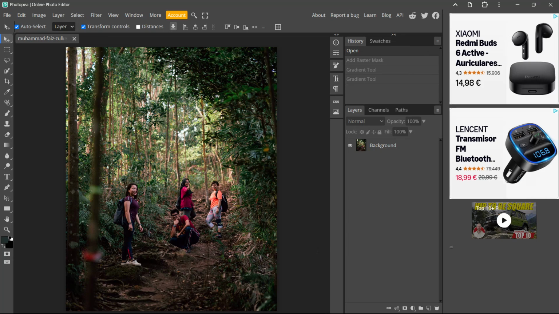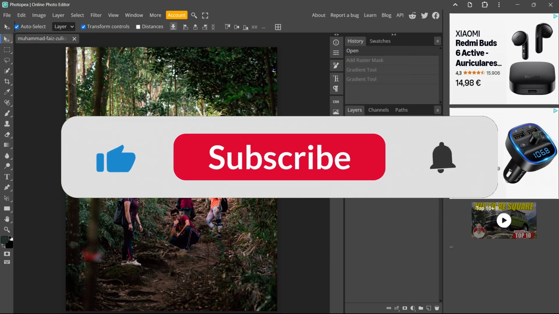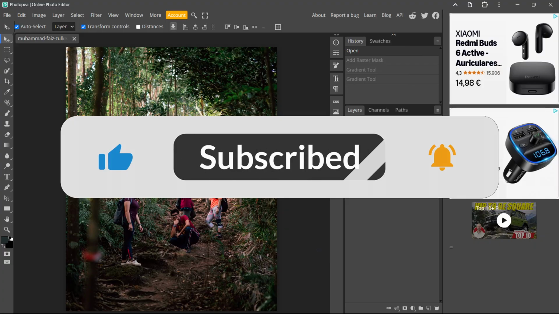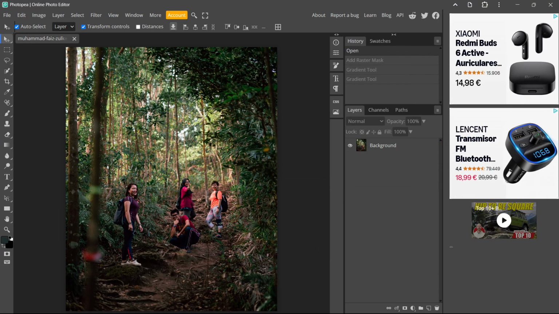If you want to blur the edges of a photo in Photopea, especially in a clean and professional way, this method is going to be your best option. In this tutorial, I'll show you how to create a smooth edge fade using a layer mask and the gradient tool, so you can make one side of an image gradually disappear without damaging the original photo. That means you can always go back and adjust it later, which is perfect for thumbnails, social media graphics, composite